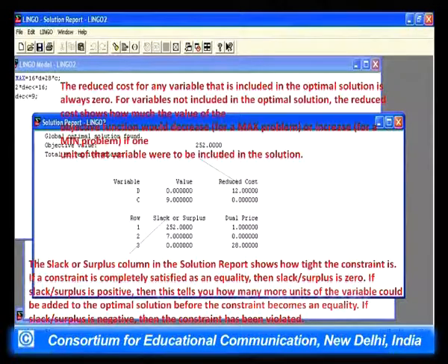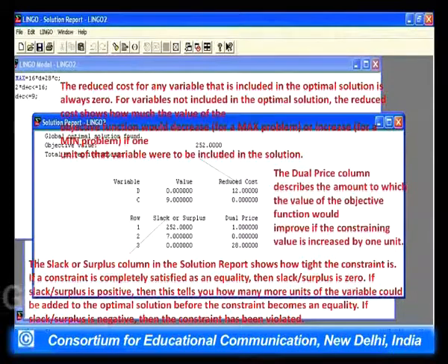The third and important part to be understood in software is the dual price, which is shown in the last and bottom portion. The dual price column describes the amount by which the value of the objective function would improve if the constraining value is increased by 1 unit.